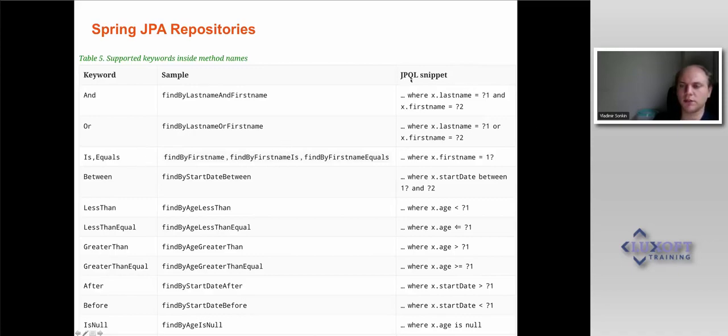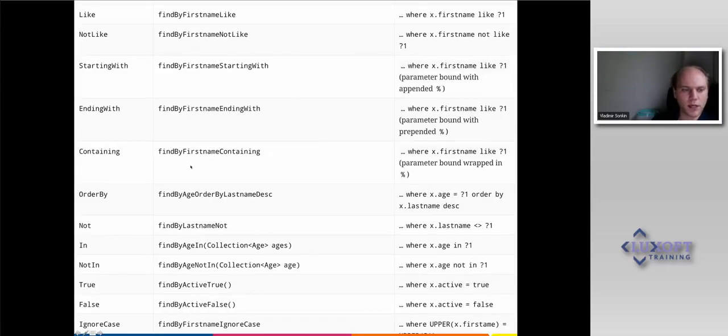This means Java Persistence Query Language, which is SQL-like. If you do not know JPA, it is very SQL-like, but it operates on objects instead of tables. And you can see between, for example, find by start date between means that we are able to specify the range of dates from and to, and it will find all the dates in this range. Less than allows us to find by age which is less than something, and find by start date after allows us to find by a date which is bigger than some date, and there are many other various methods which allow us to automatically get